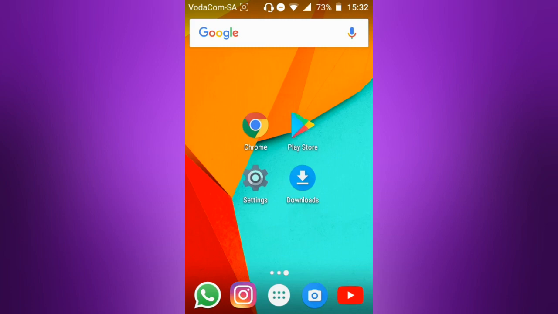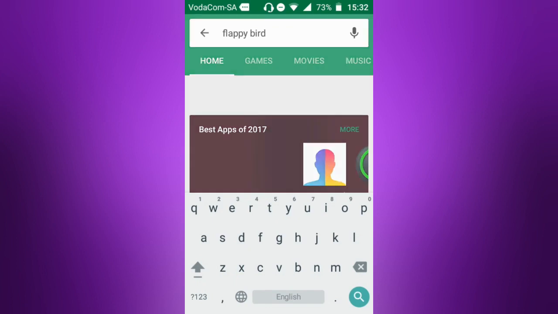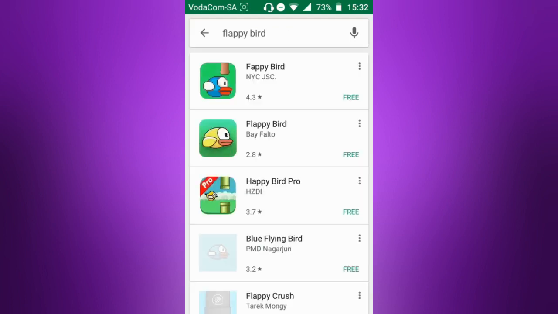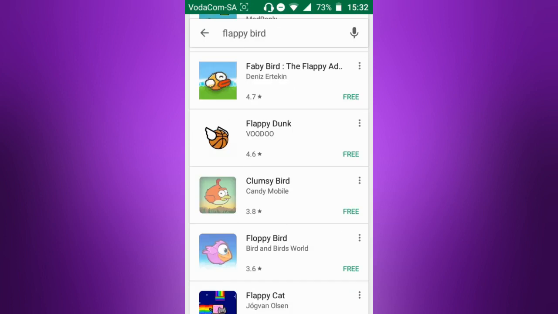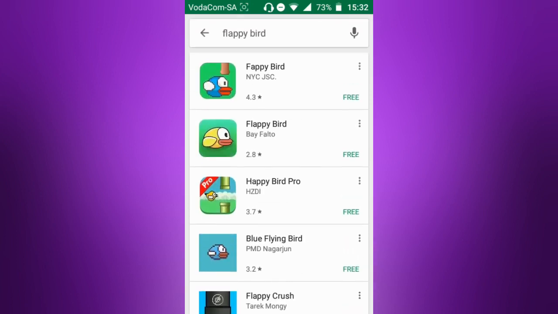Let me just show you that it is not on Play Store. So basically, Flappy Bird, you can see it is not here because the original developer is called .gears. So that's New York City JSC, and the one underneath that one is Flappy Bird by Bay Valdo. So now I'm going to show you how to get it